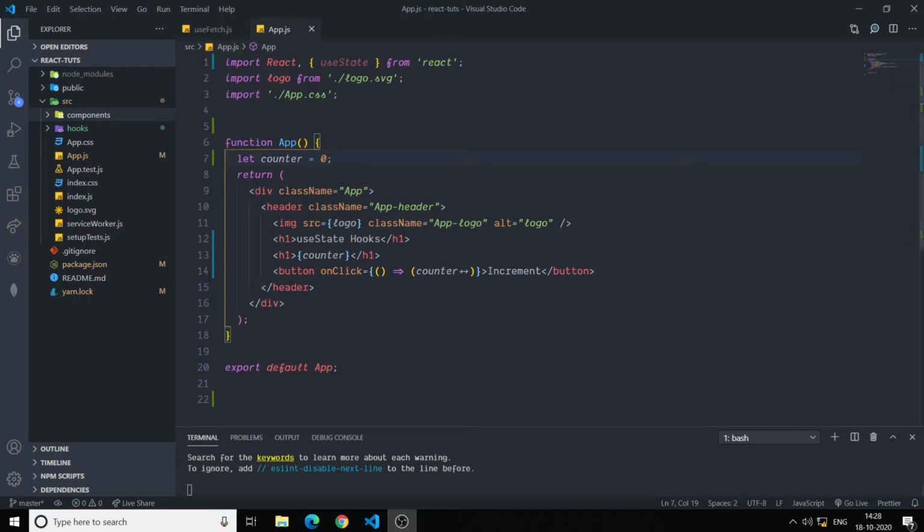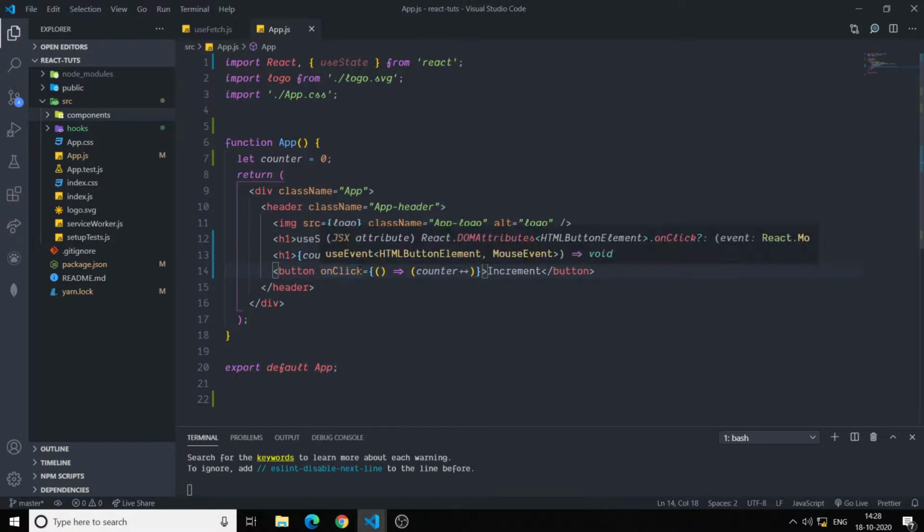So hi, in this video we are going to see how we can use the useState hook in React.js to manage state in our application. What we have currently is just a basic React app setup. I have just trimmed off some of the content, and what I have added is a variable named counter initialized to 0, and a button with an on-click handler, which is an inline function that will just increment the value.